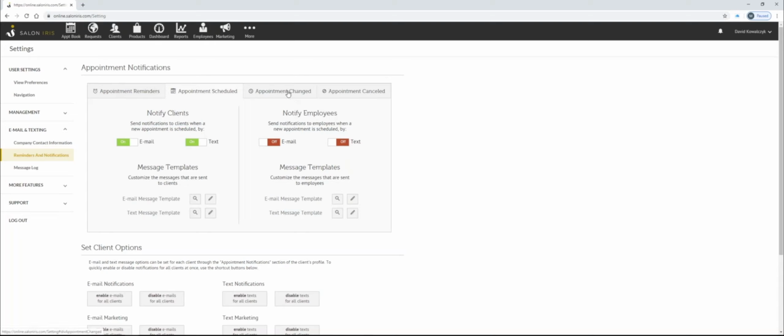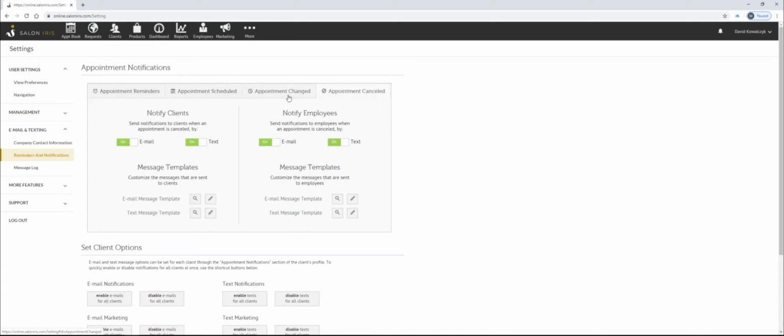In addition to that, we're going to have an appointment change notification. I don't personally recommend this one, as if you make an alteration to an appointment, or you're just trying to work things out or move things around, and you have this turned on and you accidentally move something, or you're going to be putting something back or make an alteration, they're going to get these notifications and they're going to be like, oh, somebody made a change, and they might have to call and they might get confused. So I don't personally recommend the appointment change because a lot can happen there, but that is totally up to you.